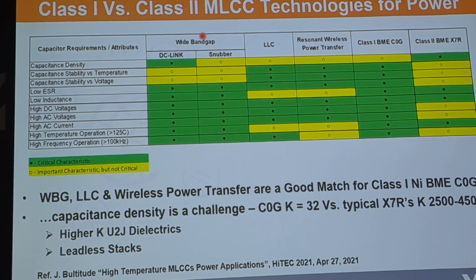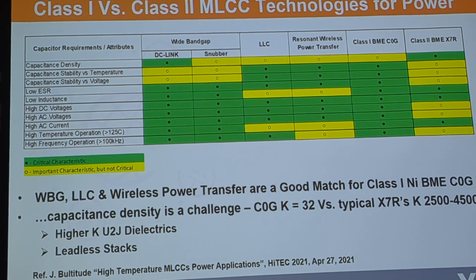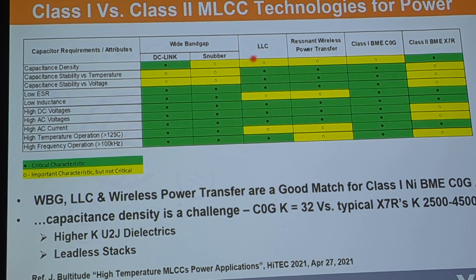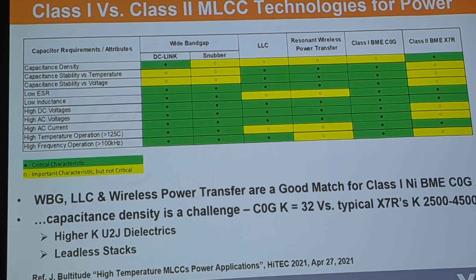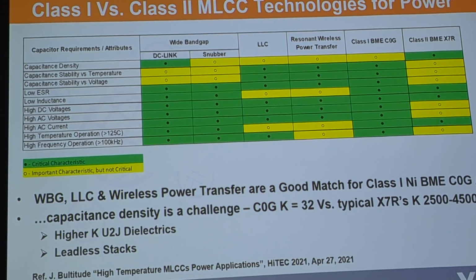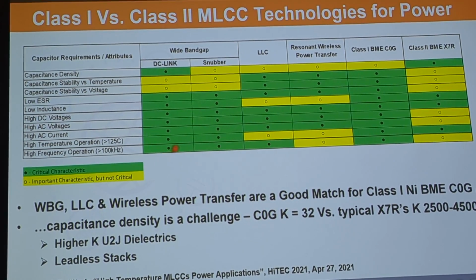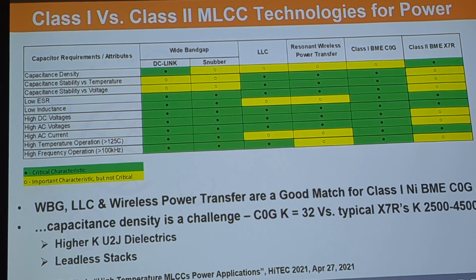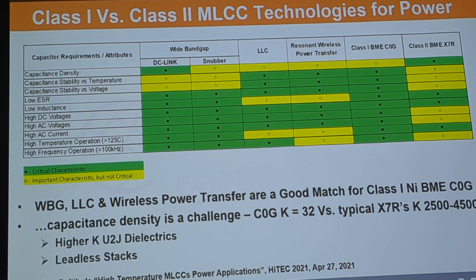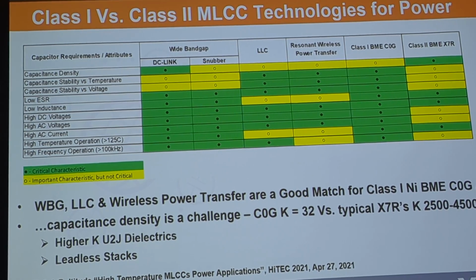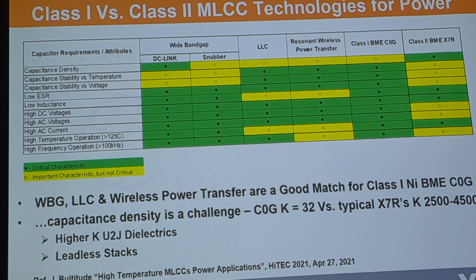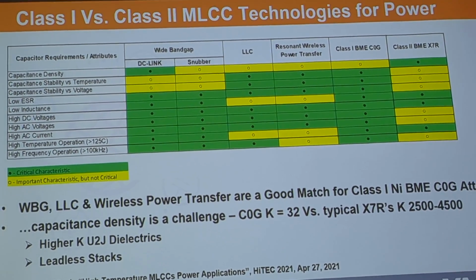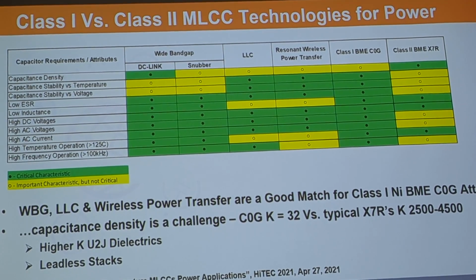And for the application in wide band gap DC link and snubber or LLC resonant circuit, wireless charging systems, for those characteristics, they are critical. We highlight in green. And for those characteristics, they are important but not critical. We highlight in yellow. So as you can see from this table, the class 1 capacitor can fulfill most of the critical characteristics, except the